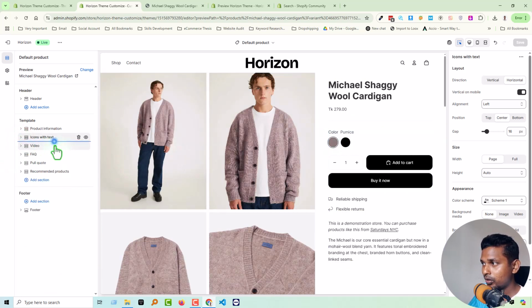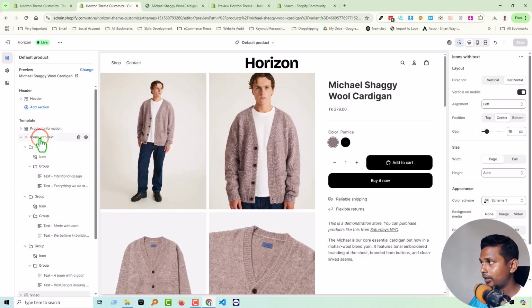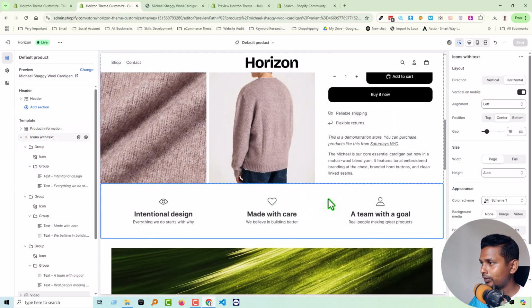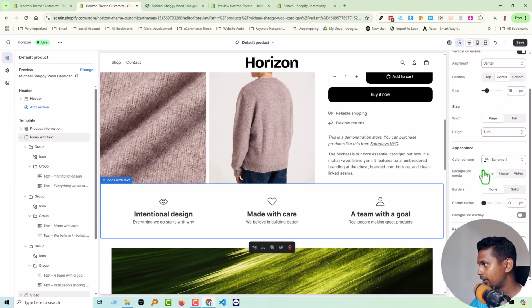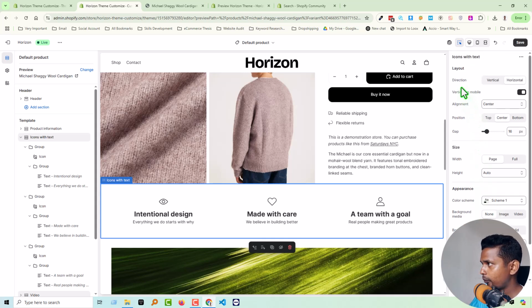So first going to start with icon with text. In icon with text, what we can do, click on here. You see a lot of theme options ready for you. You can change anything based on your requirement. Just look from top to bottom. Layout, you can change the direction vertical to horizontal, vertical on mobile. Then alignment, we can select the alignment, change the position, change the gap. For example, I'm going to change this gap. You see,